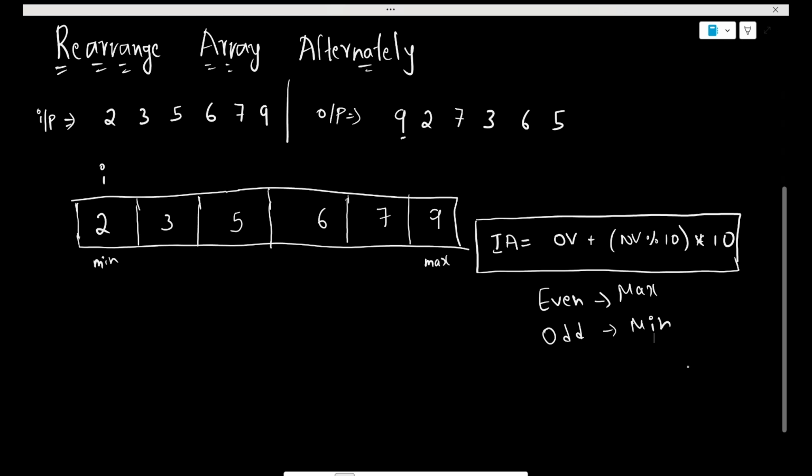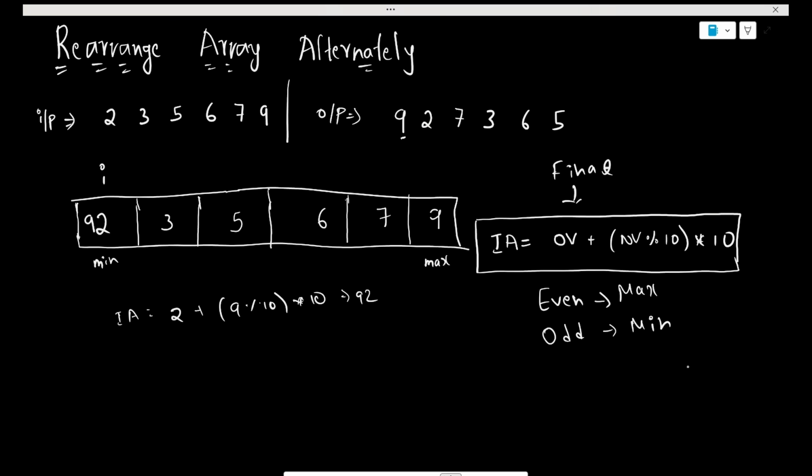Guys, this is how the algorithm follows after updating the formula. This is the final formula that we're going to use. Intermediate answer is equal to old value plus new value percentile 10 into 10. So whenever I is equal to 0, that is even, so we should take max. So intermediate answer is equal to 2 plus, max is 9, 9 percentile 10 into 10, that is 92. So update I value. So I value comes here, max comes here,